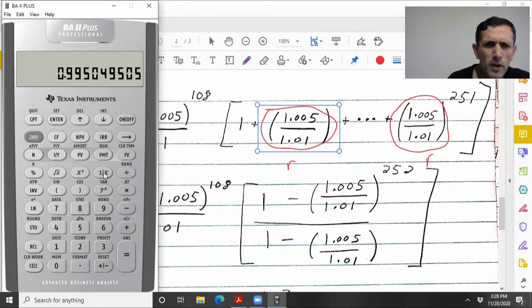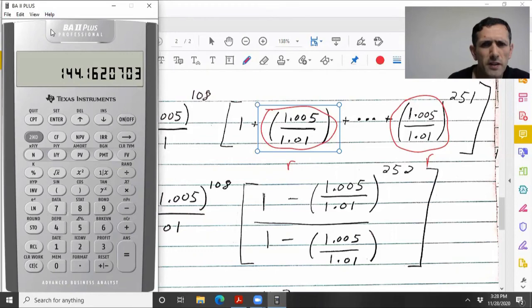All right, so I would raise this to the 252, put a minus in front of it, plus 1. That gives me the numerator. And I want this whole thing divided by 1 minus what I stored. Just recall 1. And I get